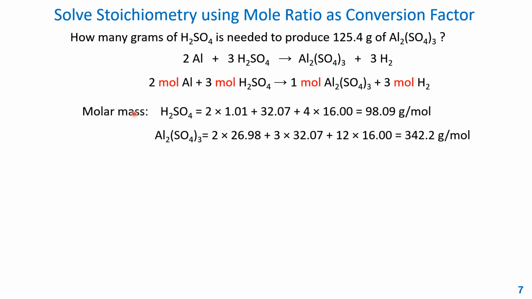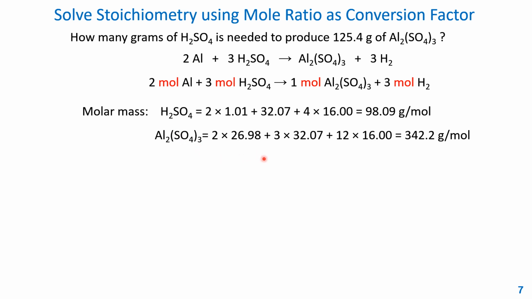So we calculate the molar mass of sulfuric acid: 2 hydrogen plus 1 sulfur plus 4 oxygen. That's 98.09 grams per mole. The aluminum sulfate molar mass is 2 aluminum plus 3 sulfur plus 12 oxygen, which is 342.2 grams per mole. Okay, so you need to multiply the subscript with the subscript in the parentheses when you calculate the